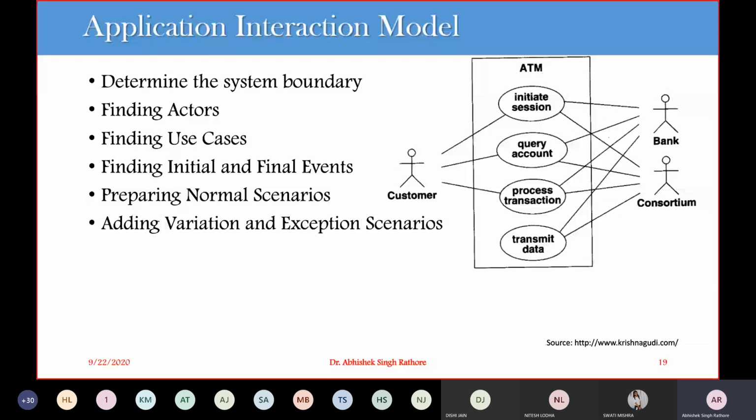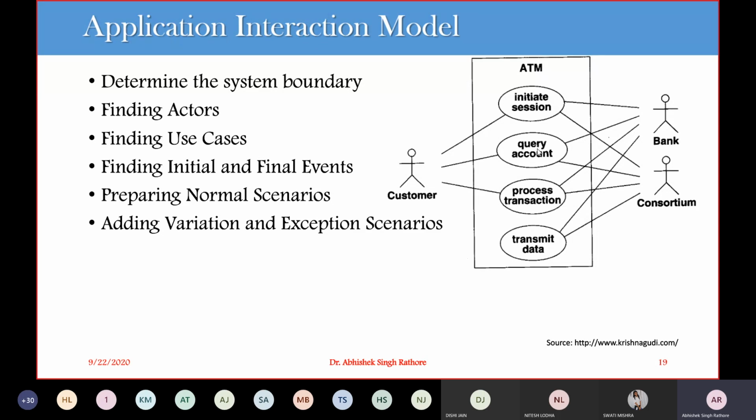In other cases, we can say that our initial event is just an occurrence that triggers some chain of activity. For example, we are initiating a session, and then we can go for a query on the account, or we can go for a transaction. So either it is just an initiating service provided by your use cases, or we are triggering some chain of activities right from your use cases.